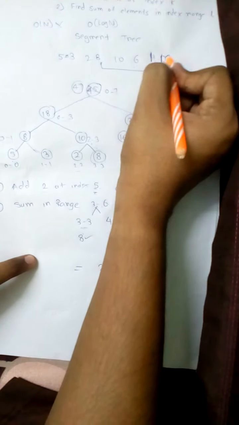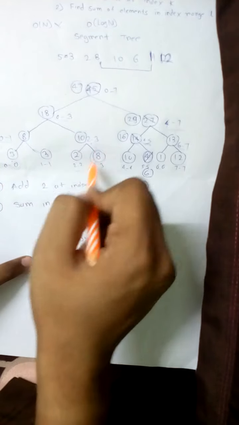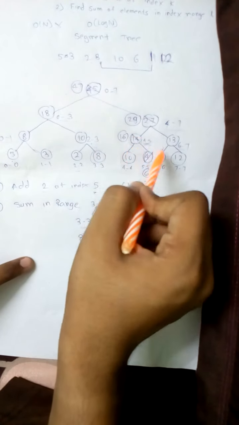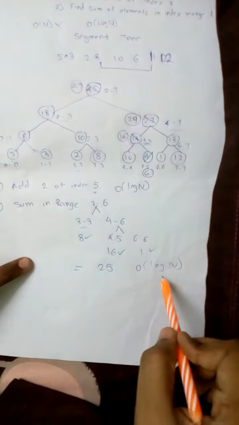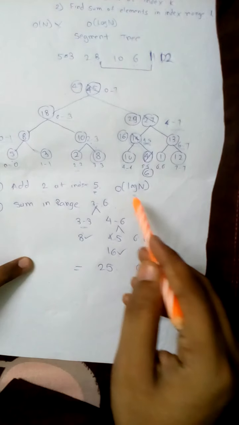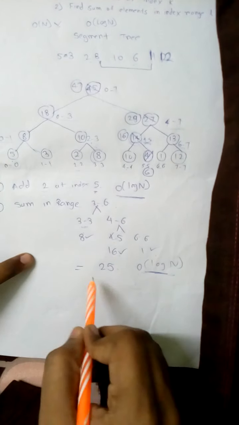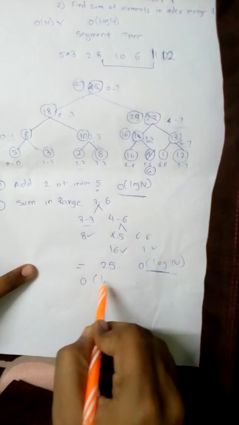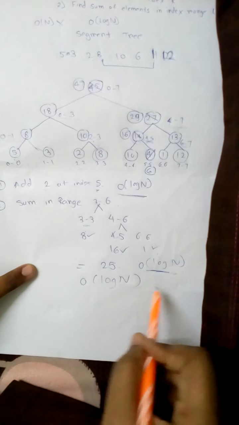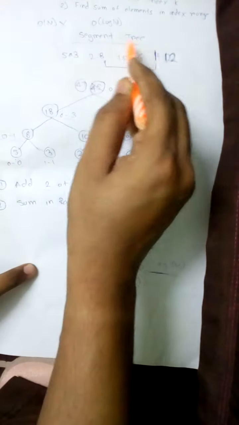So this way we did this query also in O of log n time, because we haven't iterated the whole subtree. If we get the whole range in a node, then we will just return the value of this node instead of going to its children. So this query also runs in log n, and this query also runs in log n. So basically the complexity for each query is O of log n, which is much better than our ordinary brute force solution. So that's why we use this segment tree, and thank you.